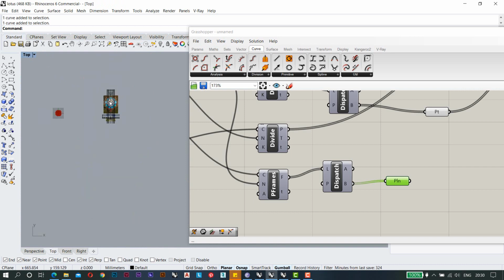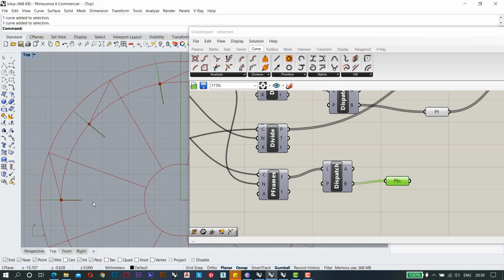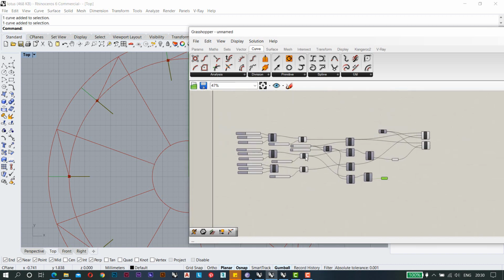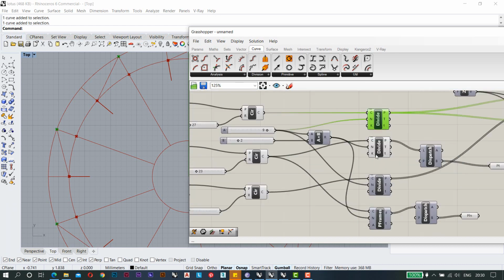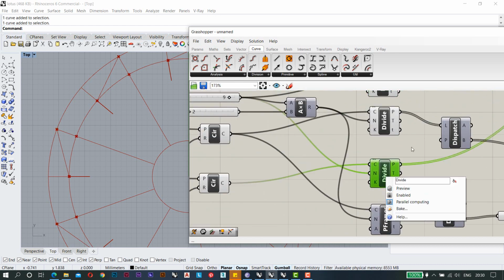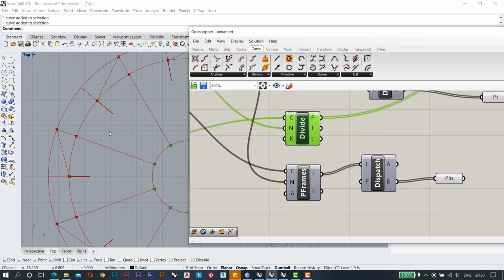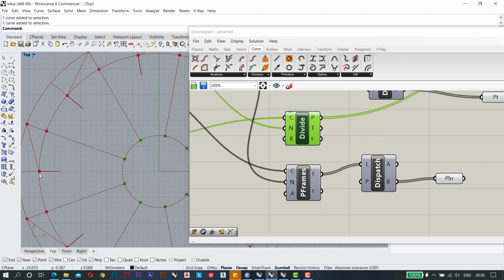As you can see in the plan, what is actually happening here is that I have this plane here, and this is my arc which is going like this, and this is another arc. Now we have the top point here, which is this one. These are the points: we have the top point, we have the bottom point.